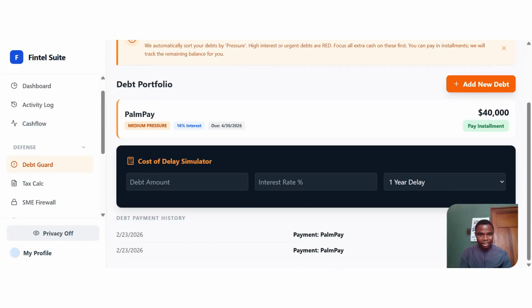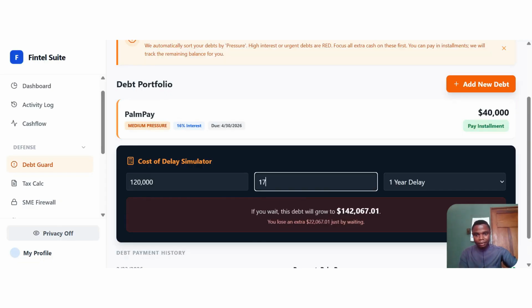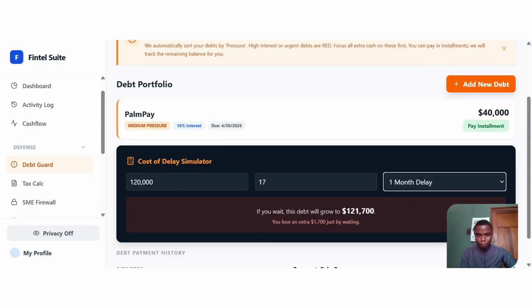And then you can see the cost of delay simulator. Assuming you are owing 120,000 and the interest rate is 17%. You can see that if you wait for 1 month, you are going to have to pay 121,700. So you are paying 1,700 naira or dollars extra. You delay for 1 year, you are going to pay $22,000 extra. So this helps you visualize the cost of delay in paying your debt and helps you to take